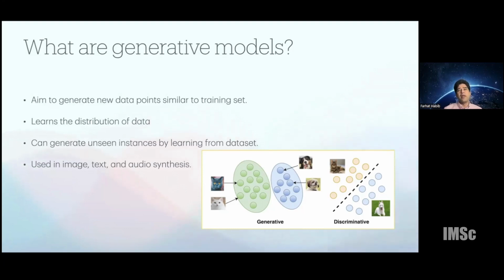So it should not just replicate what it has seen, but be able to generate novel content, and that novel content should be from the same distribution. So it should be able to generate unseen instances by learning from the data set. And generative models can be used in a large number of cases. You can use generative models to generate data points, but they're also used in image, text, and other kinds of creative fields.